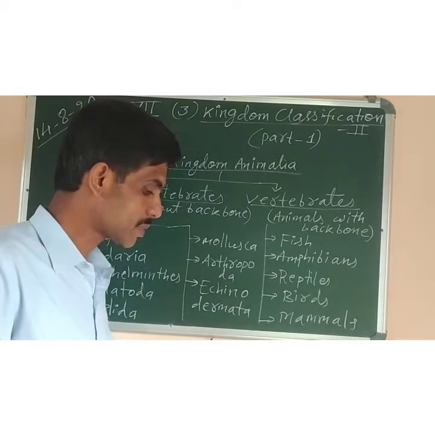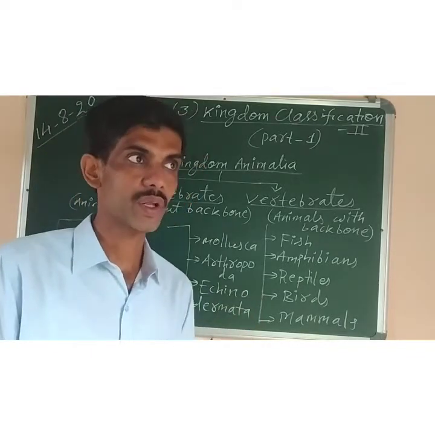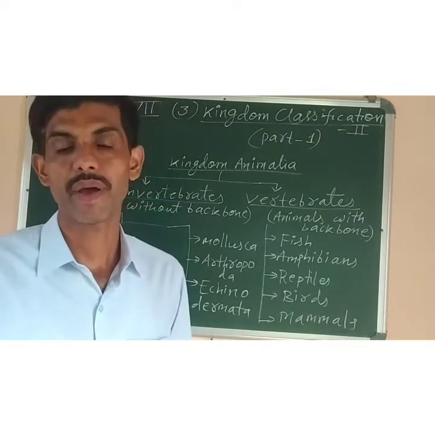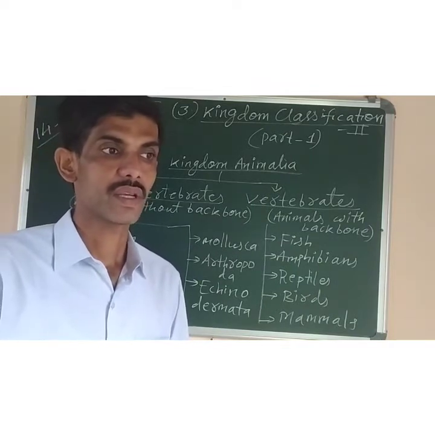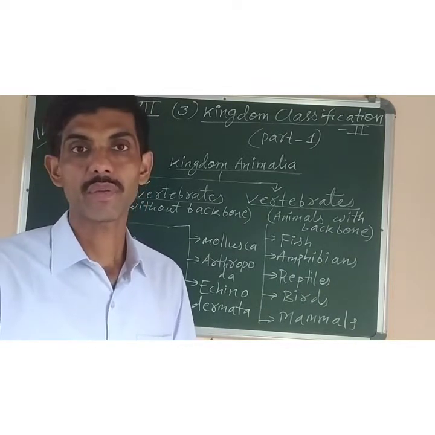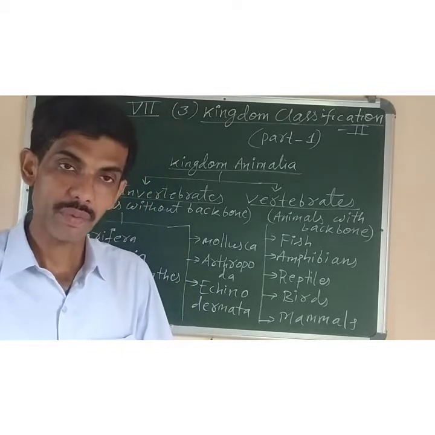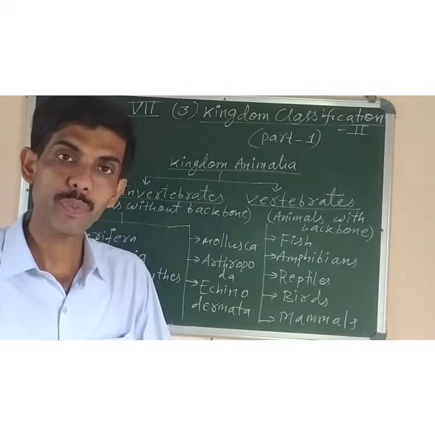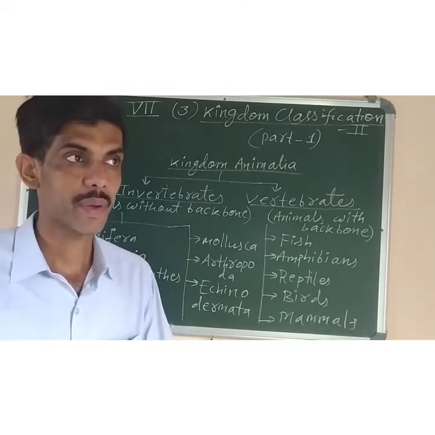Now, animals may be of different shapes and sizes. Some are microscopic, which can be seen only with the help of a microscope. And there are big animals like the fishes, of which the biggest animal is the blue whale, which is largest in size. So from the smallest microscopic to the largest like the blue whale, so many varieties of shape and size of animals are present.